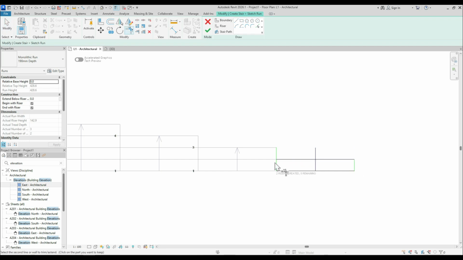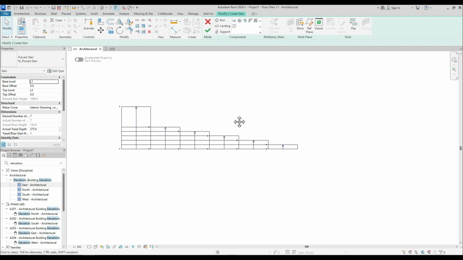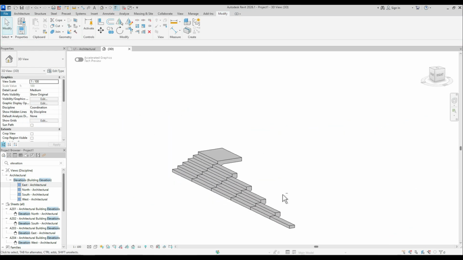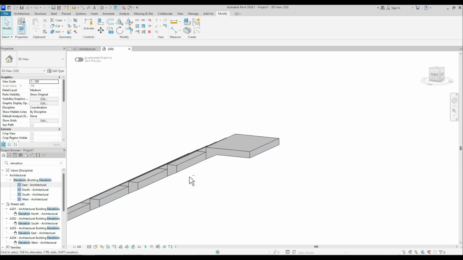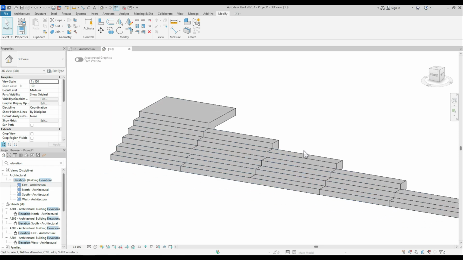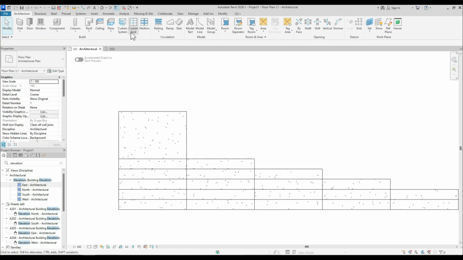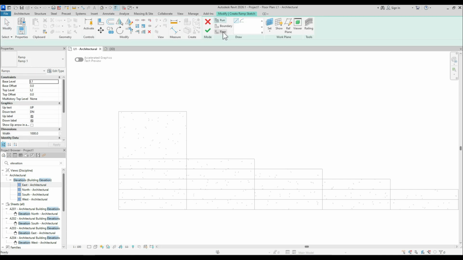And the final one. Okay, now this is how it looks in 3D. So let's start with the ramp. Okay, now with the ramp,